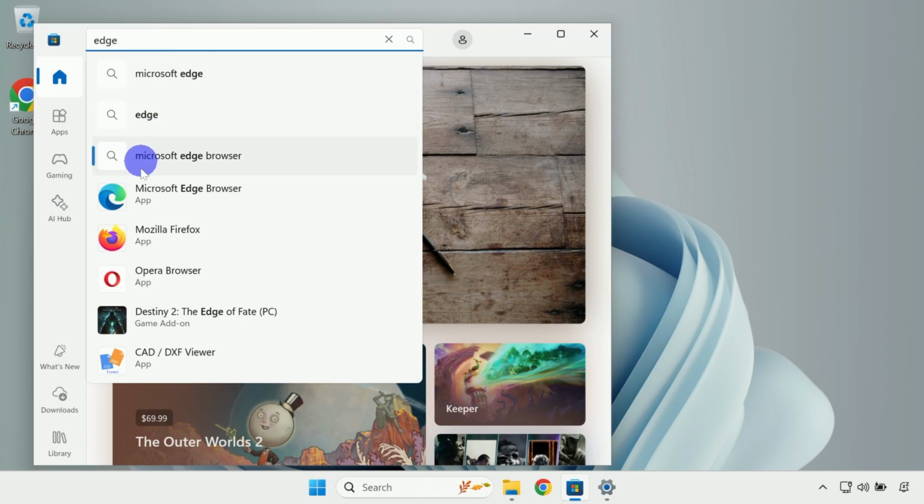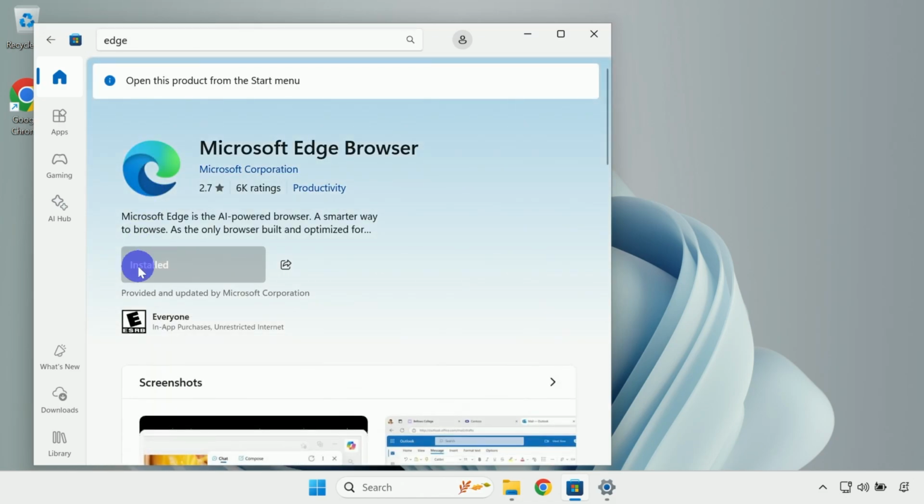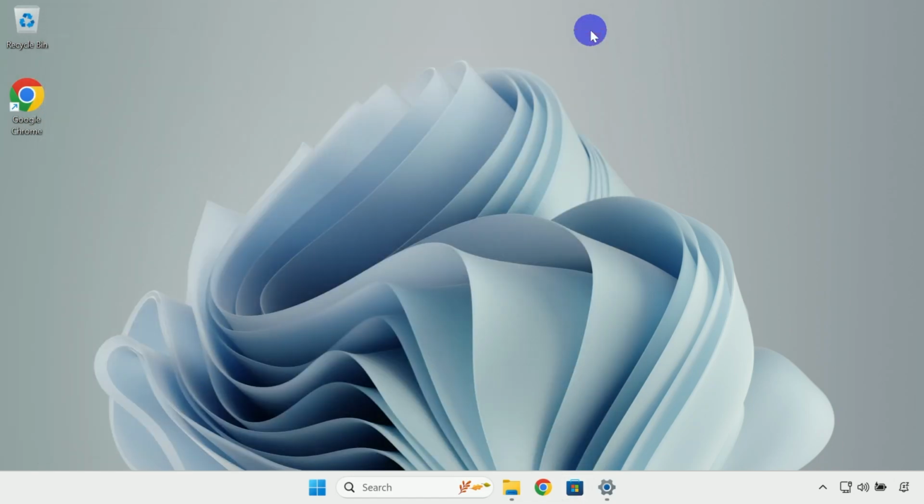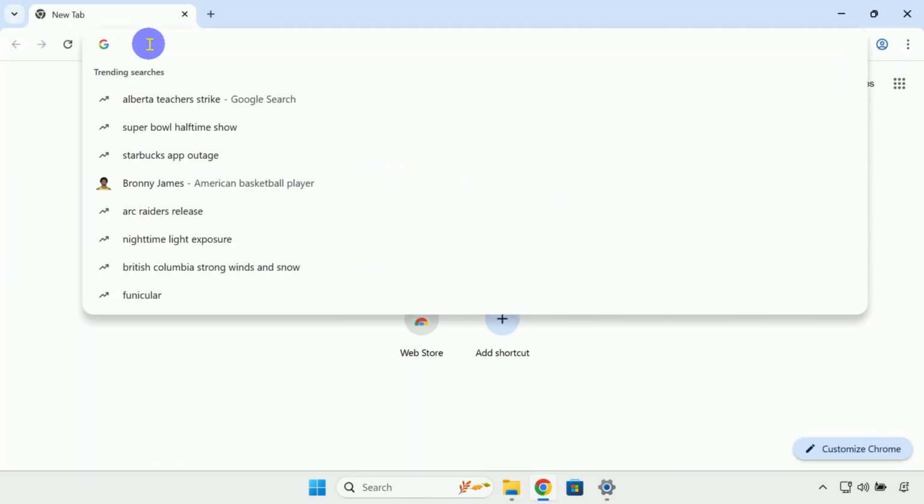You can see Microsoft Edge browser, but if you click on it, it thinks it's installed, it's grayed out. You can't reinstall it because it has been permanently deleted. Now you can end the video right here, but I'm also going to show you how to reinstall it if you change your mind. To reinstall Edge, go back down to Google Chrome, and in the search bar, just type